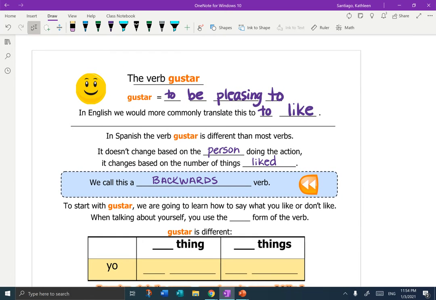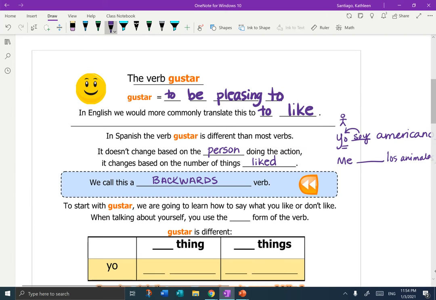Okay, so usually the verb in Spanish would be yo blank americano. Okay, and the verb looks forward to see who the person is. It's based on the person, right? Yo soy americano. That's a forward verb. For gustar, it looks like this. Okay, and then I'll do los animales. So on this one,